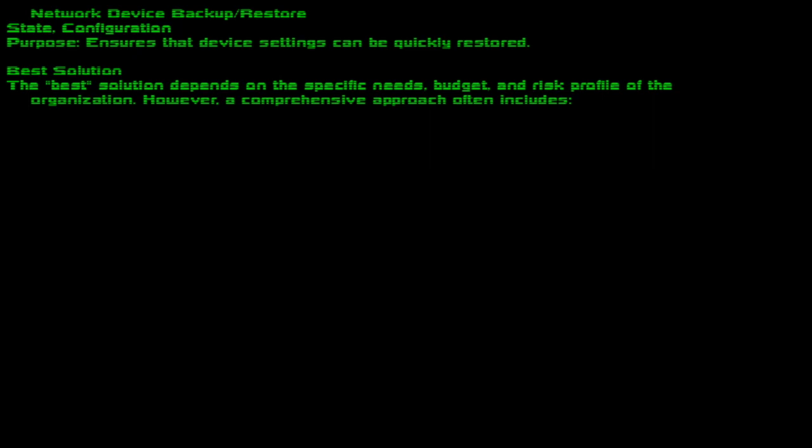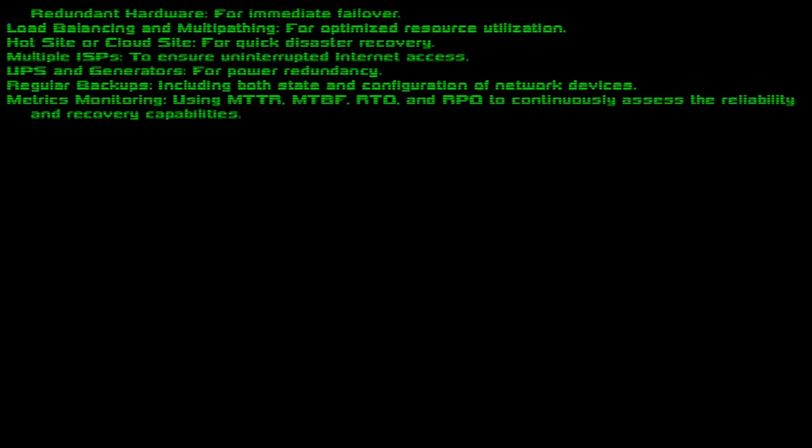However, a comprehensive approach often includes redundant hardware for immediate failover, load balancing and multipathing for optimized resource utilization, hot site or cloud site for quick disaster recovery, multiple ISPs to ensure uninterrupted internet access, UPS and generators for power redundancy, regular backups, including both state and configuration of network devices, metrics monitoring, using MTTR, MTBF, RTO, and RPO to continuously assess the reliability and recovery